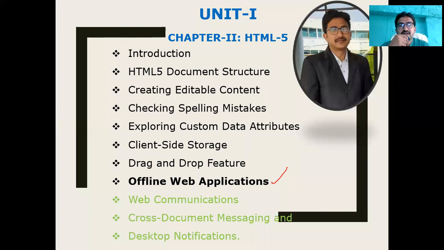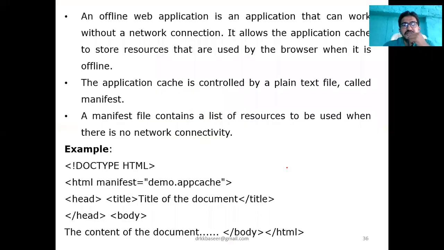So we think that YouTube offline means it is downloading somewhere, and whenever I don't have internet, when I'm traveling and try to watch it, it automatically displays. It is not like that. It is displaying with the help of some supporting files. Let me see